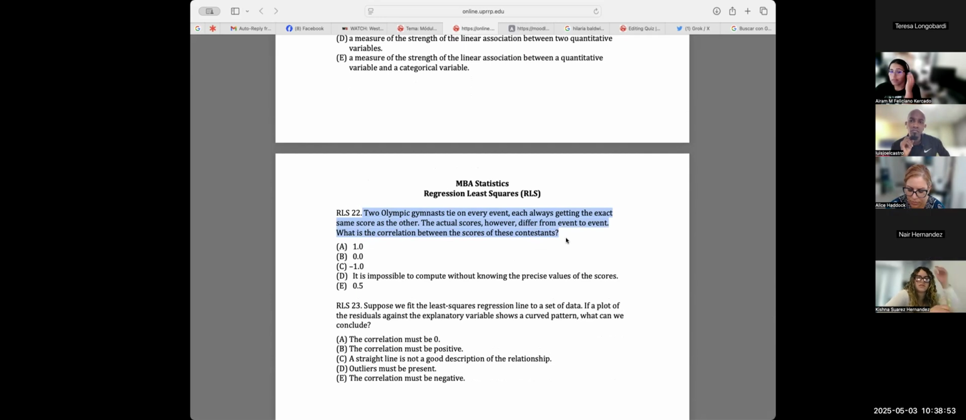I got confused because it's saying that they are tied, but they have different points from event to event. So I thought that it was going to be negative because of the difference, but then when I look at the answer, it was positive. So that's where I got confused. Okay, well, what they're trying to say is